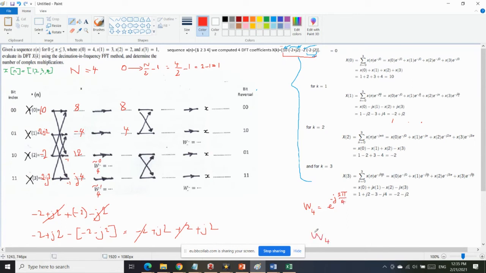W4 tilde هي e to the power of بدل minus بلس. طب هنا حسبناها ايش بالكوساين والساين حسبناها طلعت كم؟ طلعت minus a صح؟